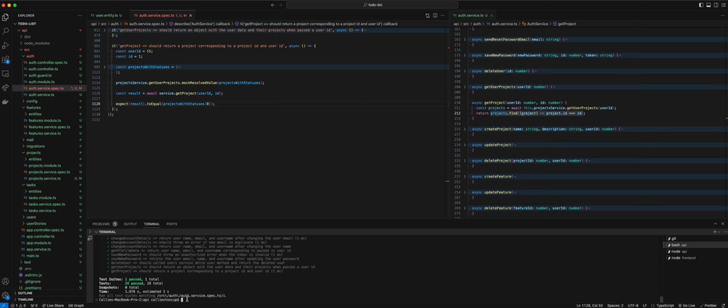Whoop, whoop. And it does work. So now let's add our additional expect statements about what we mocked. So project service dot get user projects. We expect that method to have been called, and we expect project service dot get user projects to have been called